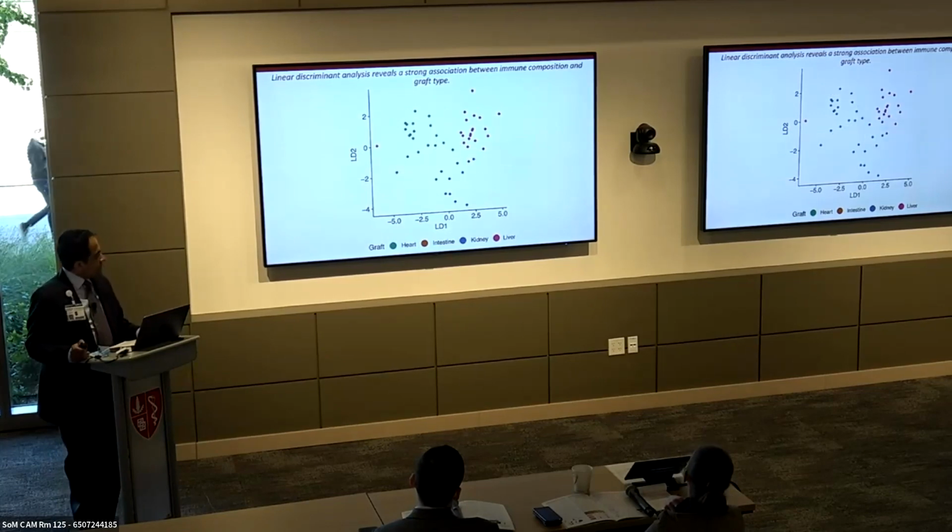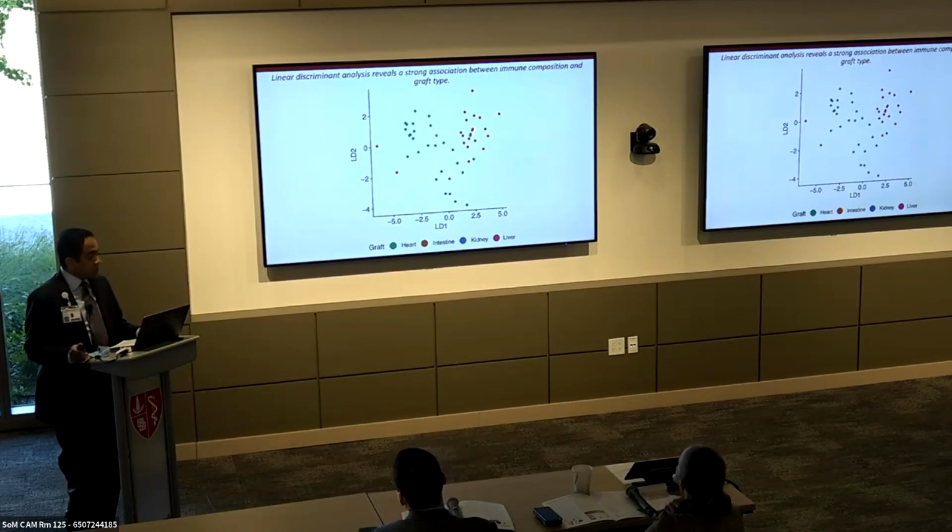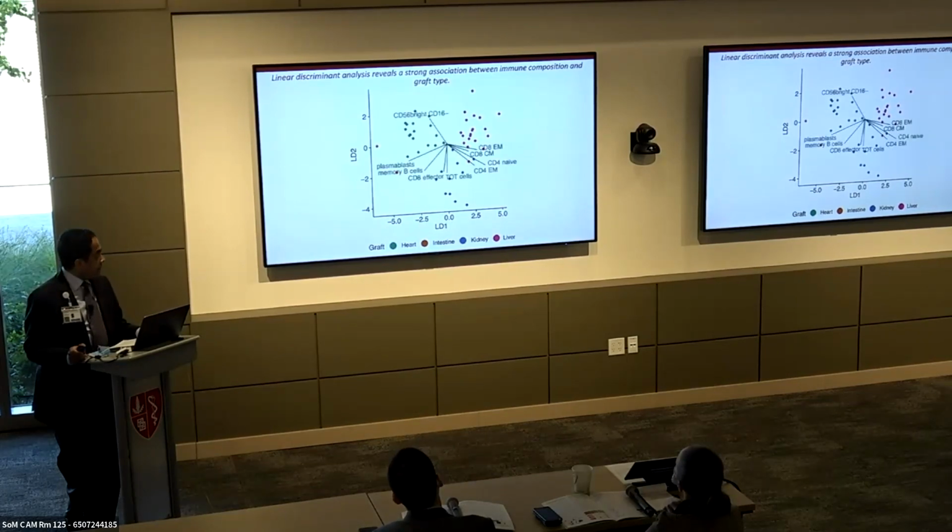heart samples clustered separately from intestine samples, clustered separately from kidney samples, and clustered separately from liver samples. And this actually had nothing to do with whether we were dealing with a stable or a rejecting patient. It was only based on the type of allograft that the patient received. And if we look at the types of cells that contributed to the differences between these profiles, we note that